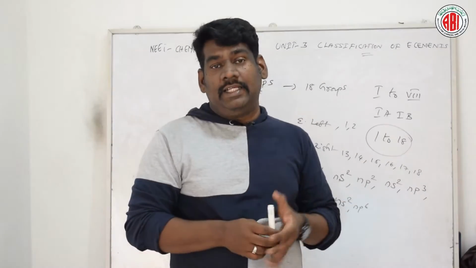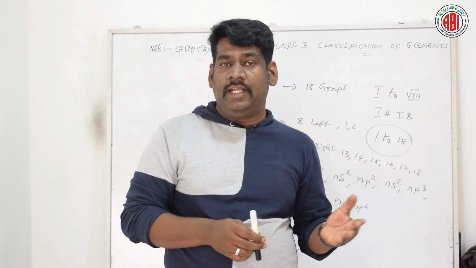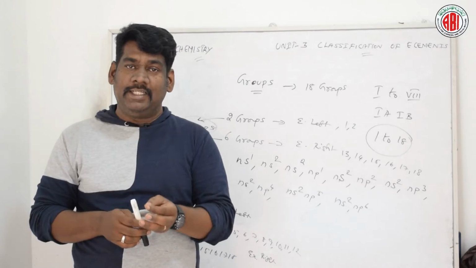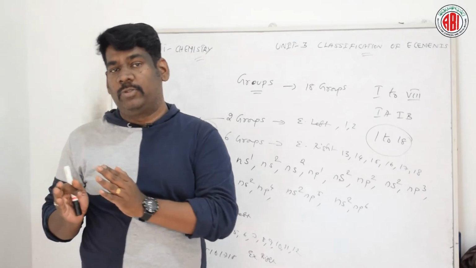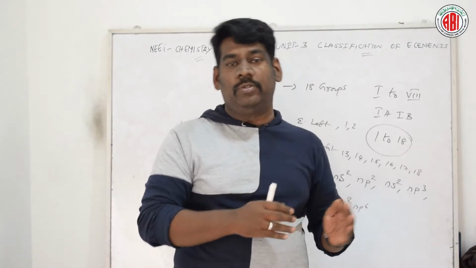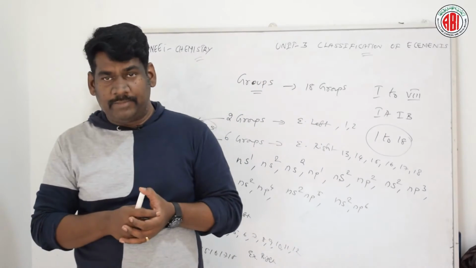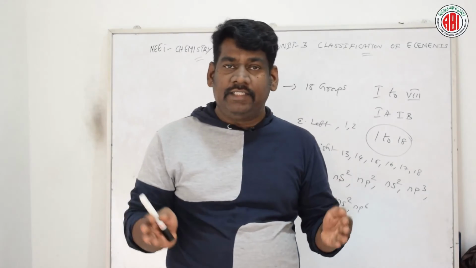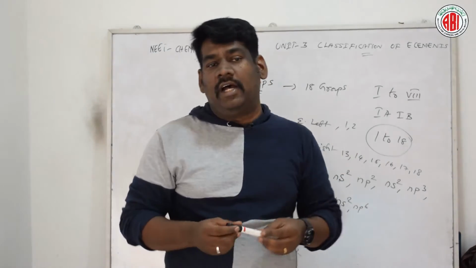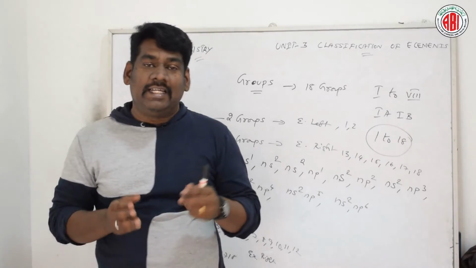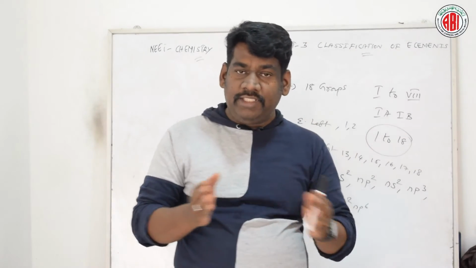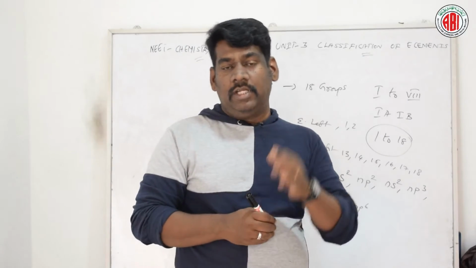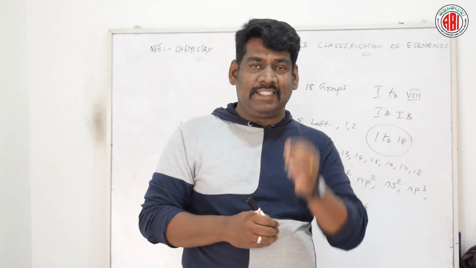Earlier we discussed that the normal elements or the representative elements are the elements present in the extreme left 2 groups and the extreme right 6 groups. But now we are going to discuss the groups between this extreme left and right. Groups 3 to 12 are called the transition elements. So these are the elements occupying these particular groups, and they are called transition elements.